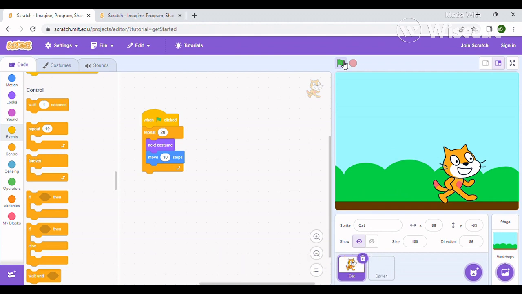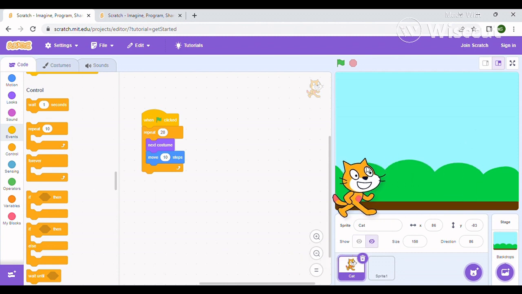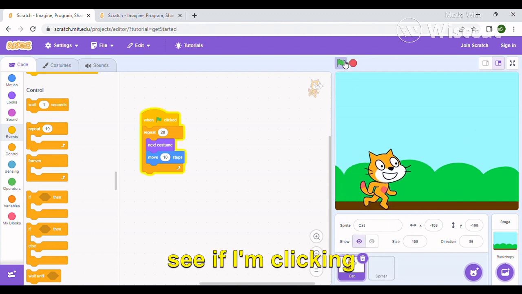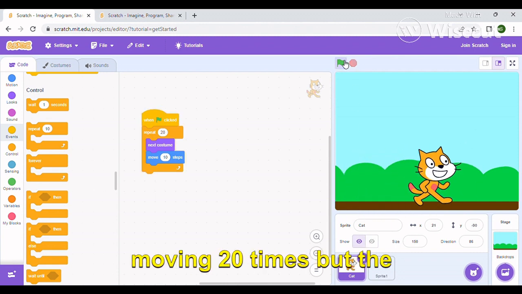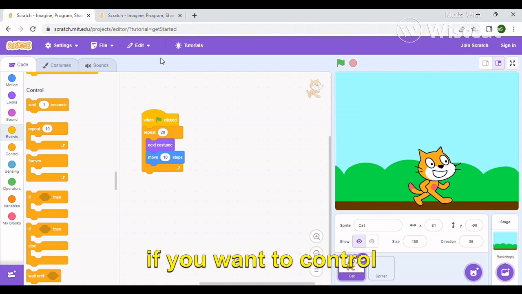It has moved 20 times. Okay, see, if I'm clicking, dragging it back, it is moving 20 times. But the movement is too fast. So if you want to control the timing of the movement, what you can do is,